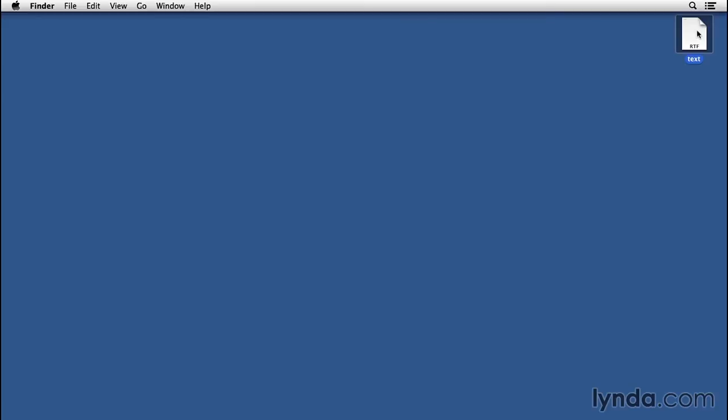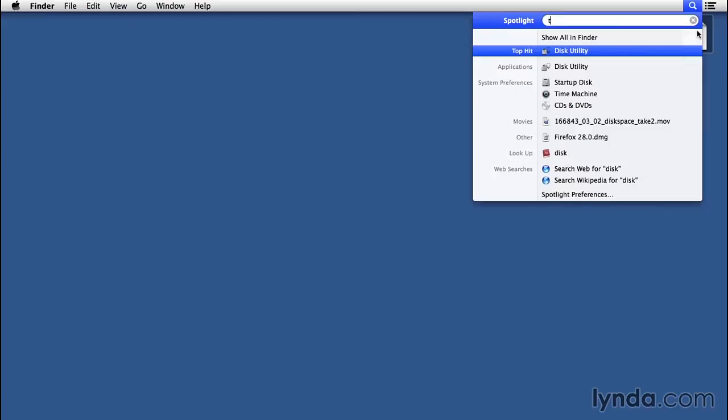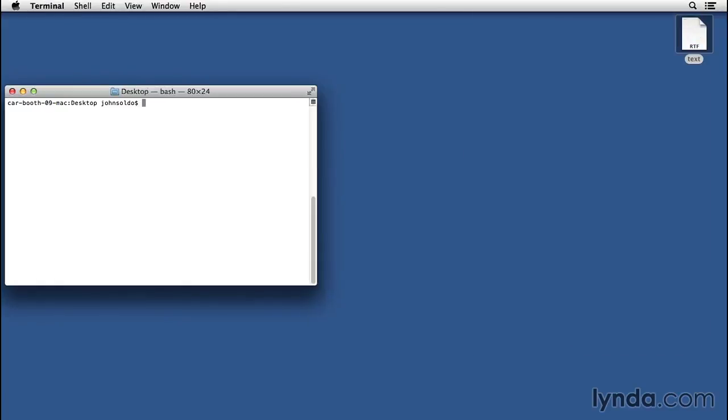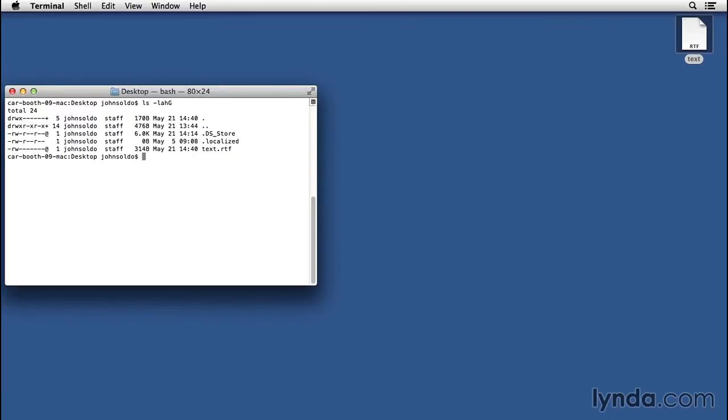There are a few rare instances when even that is not an option. Those are the times when we can get into the advanced options with the Terminal application. That gives us a command line look at what's going on with the program. We can use the ls command to give us some specific information about the permissions of that text file. So if we see at the bottom, it says text.rtf, and over on the left side, it says dash, then rw, and then a couple more dashes. Well, all that's telling us is that the user has read and write permissions and no one else does,